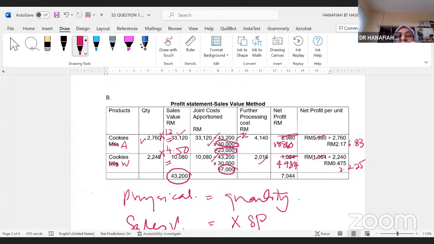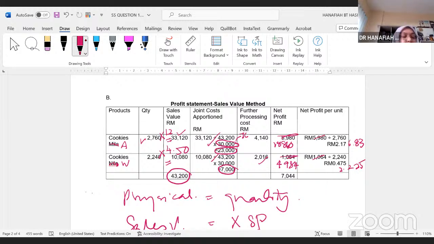All right, and this for cookies A, it is 23, and cookies walnut is for 7,000. All right, further process that incur. The company want to have net profit for each unit, eh? Okay, in that case 20. Further process is it further process